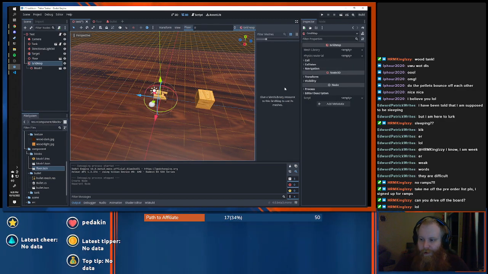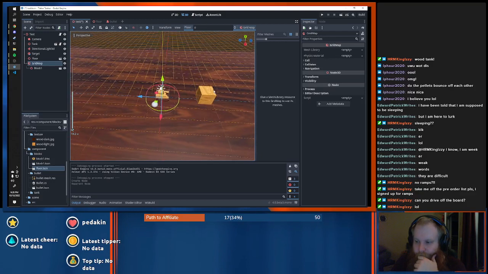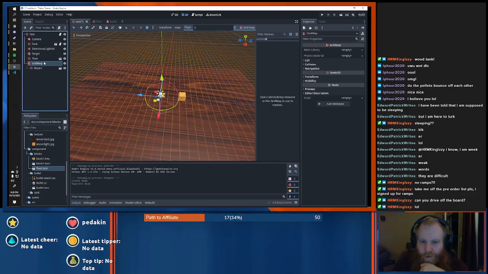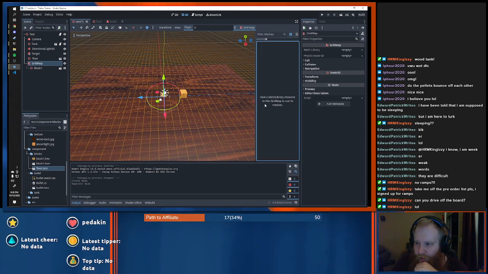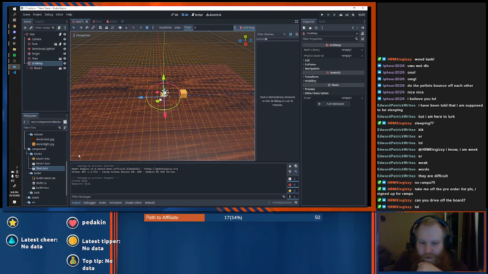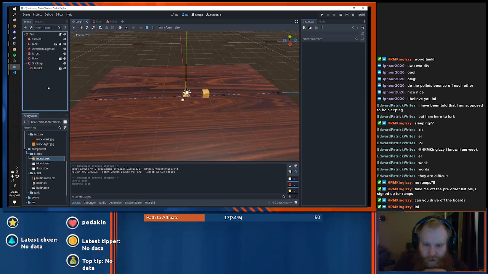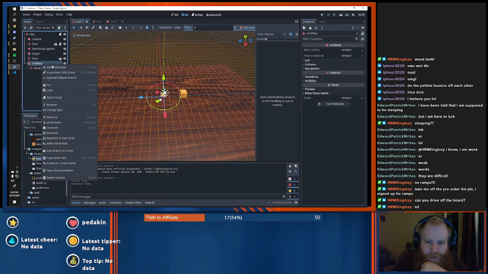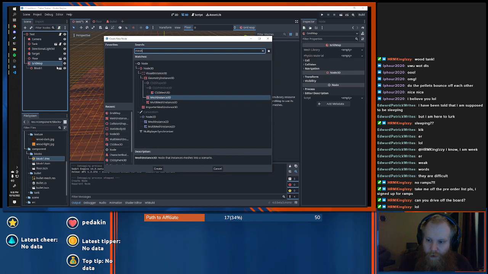Mesh library resource. Will that work for... Can I just give you this guy? Okay. Oh, mesh library. Give a mesh... Okay, let's see what happens. Mesh library.